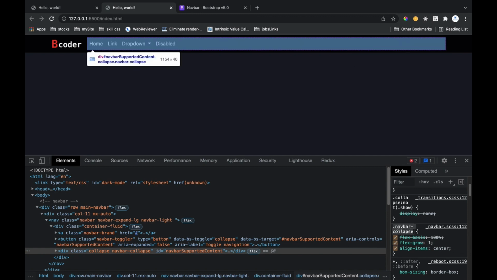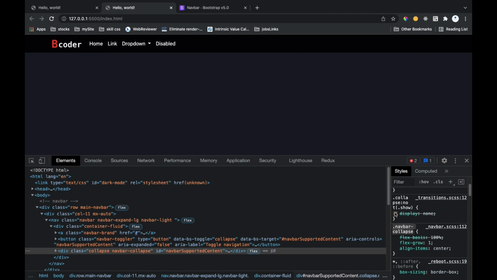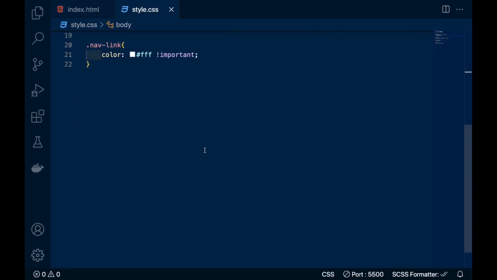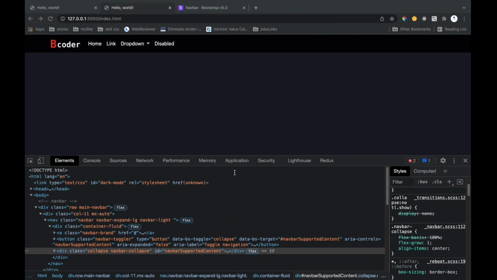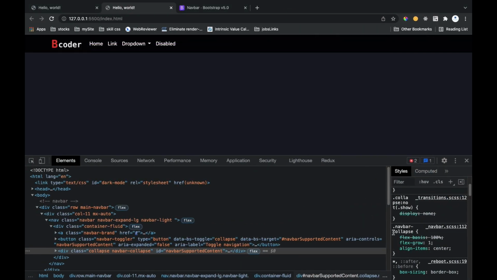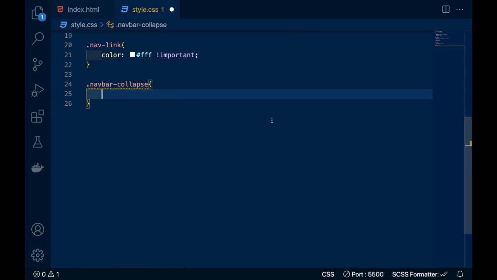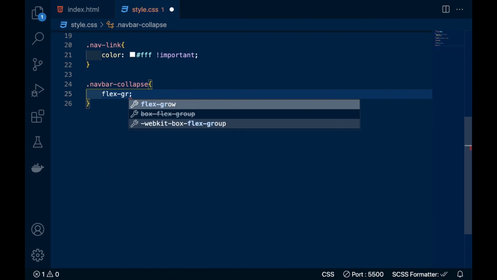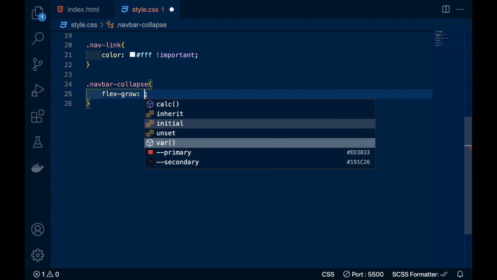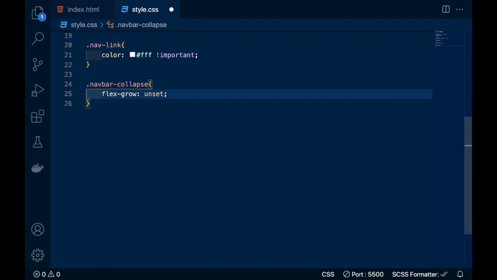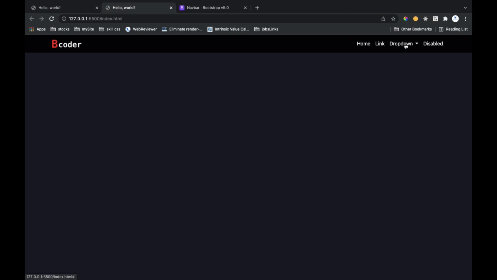So just copy this navbar-collapse and override it in your CSS navbar-collapse. And what was the code? flex-grow 1. Then here we will write unset and important. So this code will override that Bootstrap code. You can see our work is done.